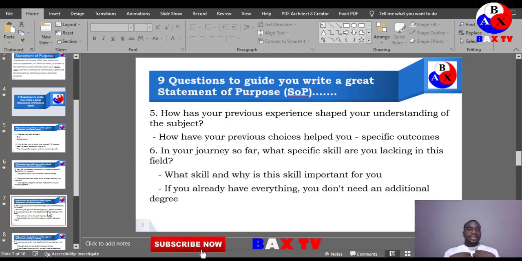let's say I want to take a Master of Science in Cybersecurity and Digital Forensics. Now the question, how has your previous experience, the experiences you've had in academics, that is your previous certificate, previous studies in undergraduate studies. During the undergraduate studies, I discovered a lot of things that are so much into cybersecurity. I should understand how the cyberspace works. If I want to go into postgraduate studies in Master of Science in Cybersecurity and